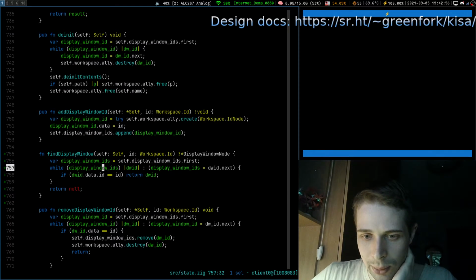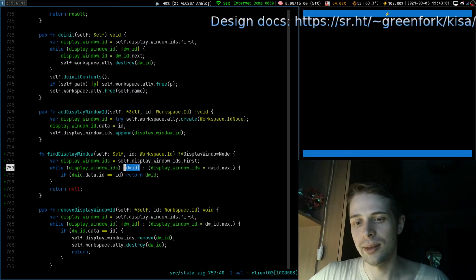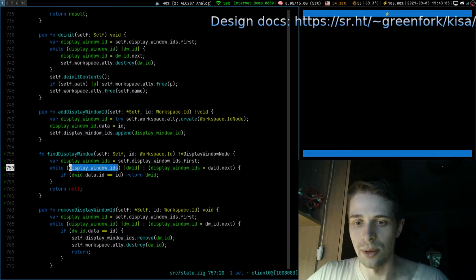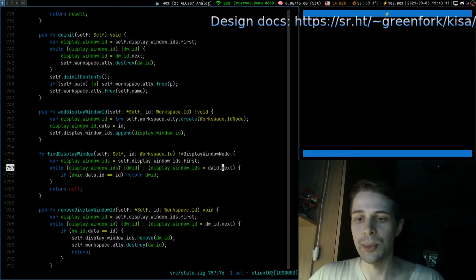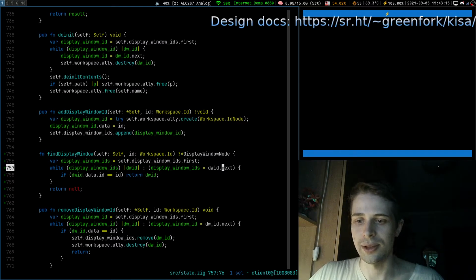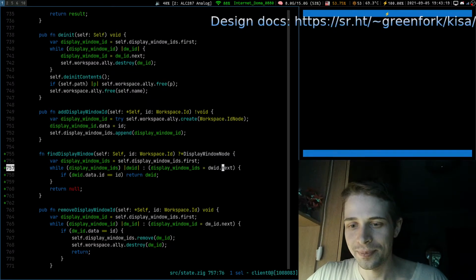Then we go into a while loop, and this while loop with these pipes means that we iterate until this is null. And this will be null eventually because we call next, unless it is a circular list, which will never finish going in circles, so it will end somewhere.